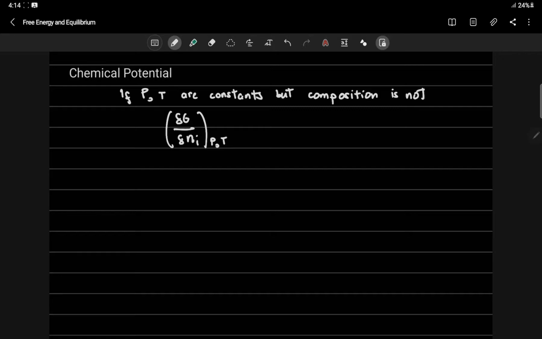And this slope, if you will, this relation or this term is equal to this quantity mu of the species I, and ito yung tinatawag natin na chemical potential. Okay? Again, basically, si chemical potential, it's the change in Gibbs free energy with respect to the change in the